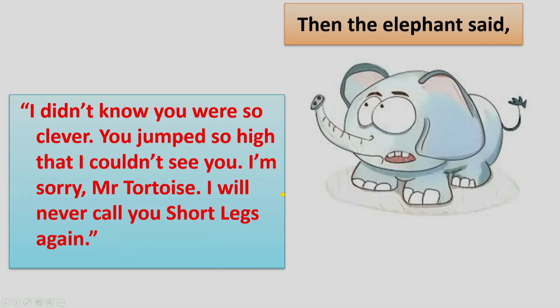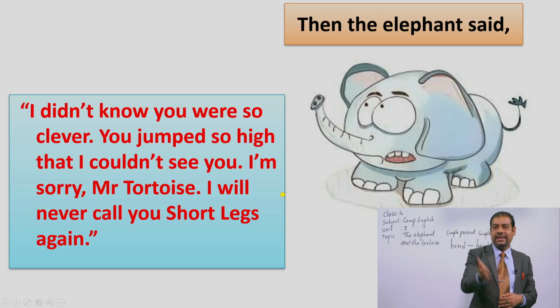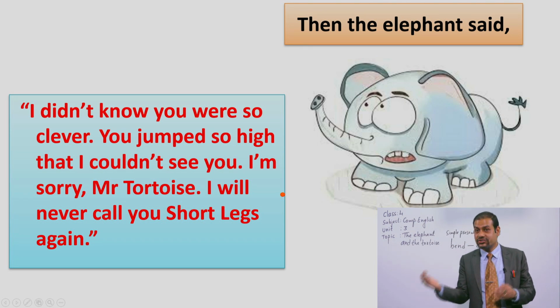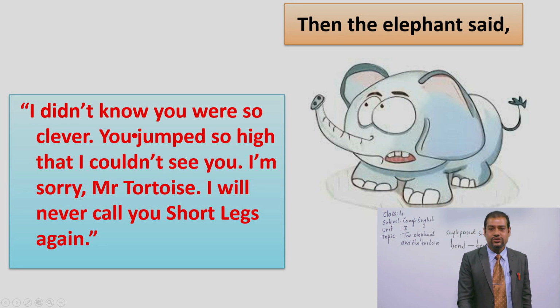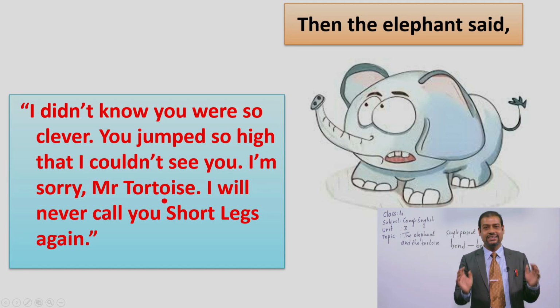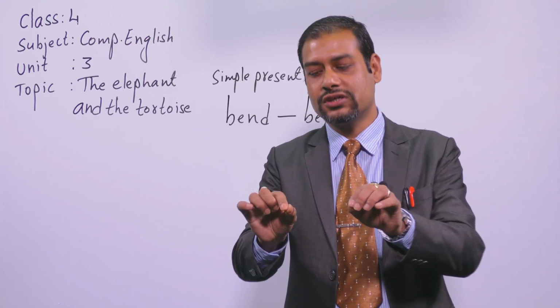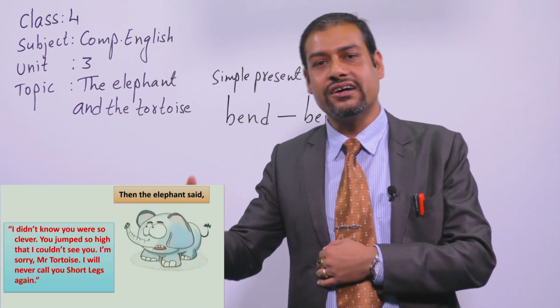The elephant said, it is after jumping. The tortoise had already jumped over the elephant, and after that, the elephant said, I didn't know you were so clever. You jumped so high that I could not see you. I'm sorry, Mr. Tortoise. Dear students, see, from here, the elephant did not say short legs. The elephant used the name Mr. Tortoise. Okay, so now the elephant realized that although the tortoise was small, it had a kind of knowledge,